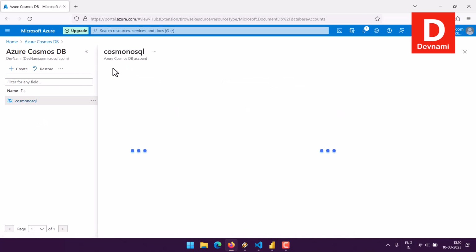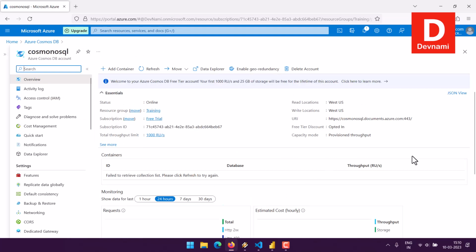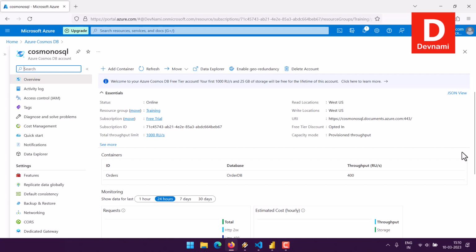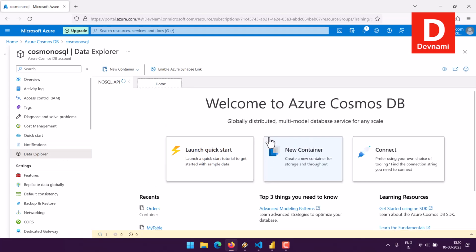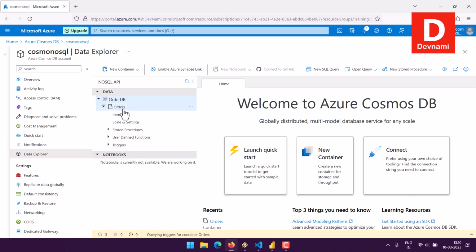Then I have this particular account which is ready to use now. As you can see, there isn't much movement. However, I managed to create a container which I can explore in Data Explorer. So here within data, you can see I have an order database and then a collection of orders whose items I can query with